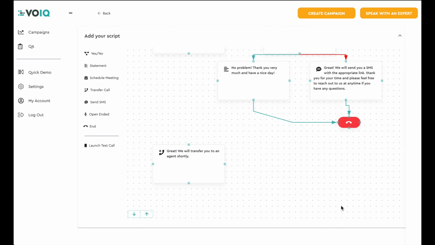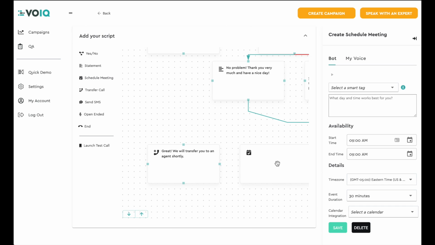Now, if they aren't available to speak with an agent right now, since they're a warm and relevant lead and they qualify for our insurance plan, I'm going to have the voice bot schedule a time to meet with them. In order to do so, I'm going to go to schedule a meeting, click on the container, begin by adding the script,